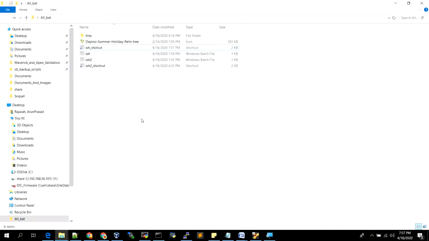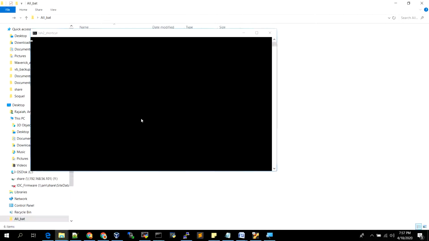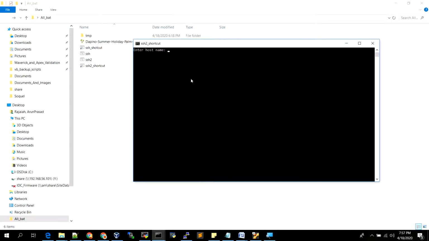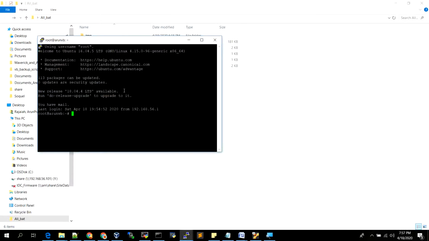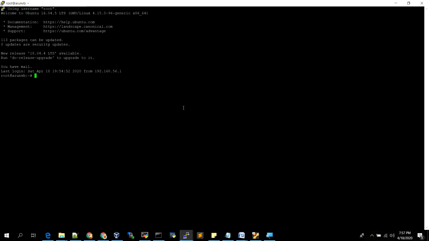So if I press that Control Alt and E, it will open you a putty application. It will ask me to enter the username. So if I give Ubuntu, it is logging into my VirtualBox IP.